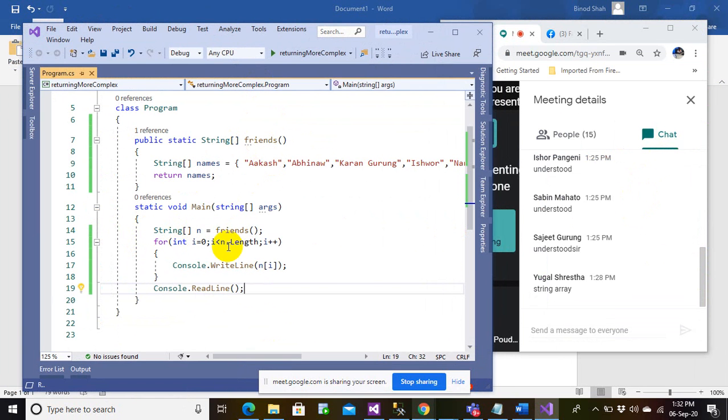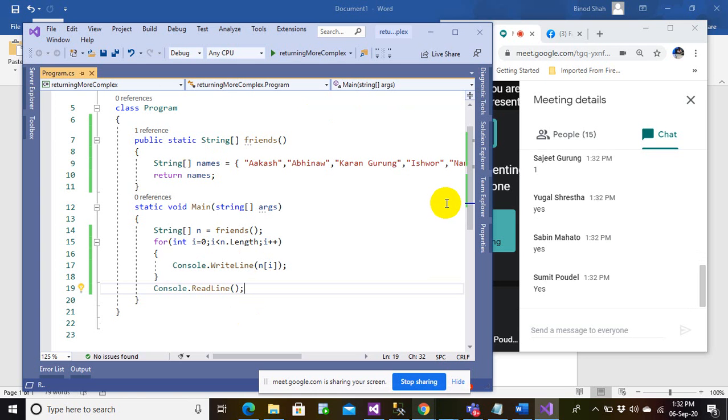I can store this function's result in an array variable and iterate through it just like what I used to do with arrays. So did you get my point everyone? Are you clear with this or not? Okay, you get it. Thank you for all of the confirmations everyone.